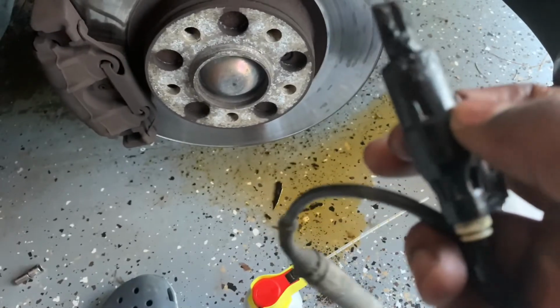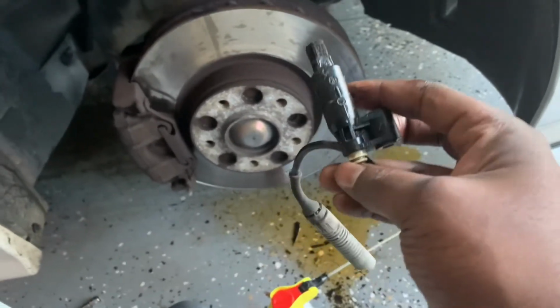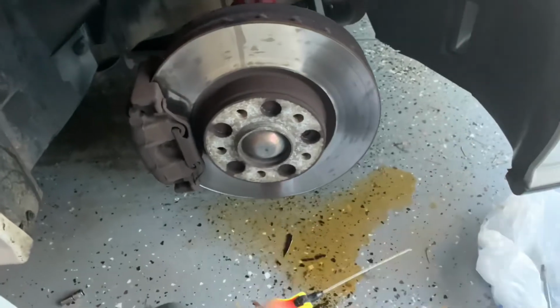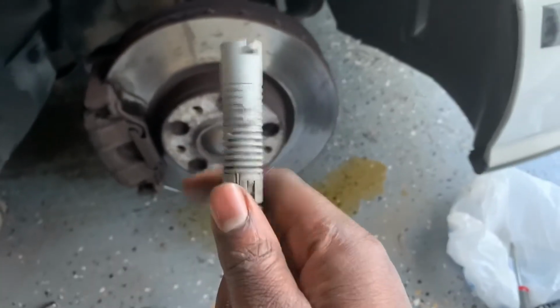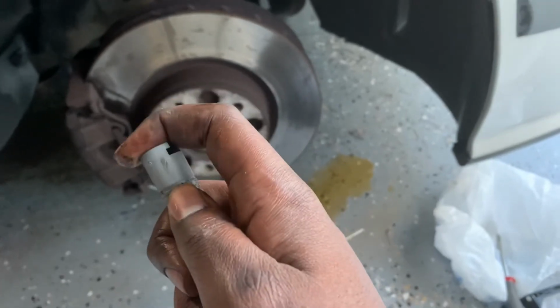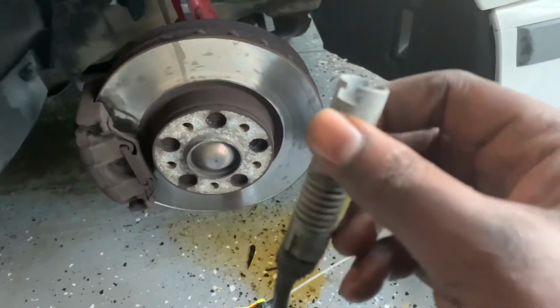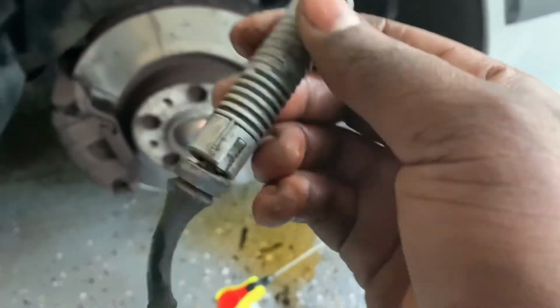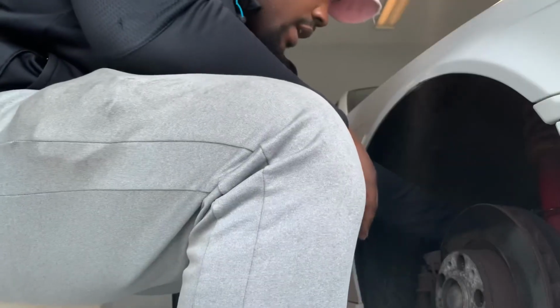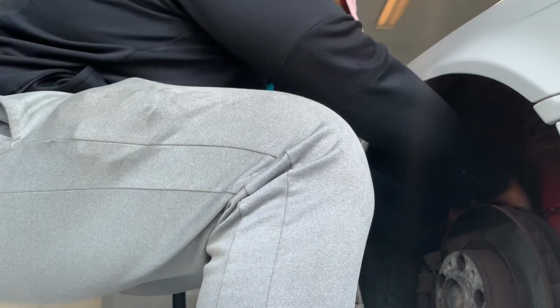So I'm gonna go ahead and try to clean up behind the rotor because there's probably a lot of PB Blaster and stuff back there. And then I'm gonna insert the new one. To get this off, I just grabbed this end, and there's another end that goes into it, and just pulled them apart, straight out, and it seemed to be the right thing to do. So we'll see. Once you get the old one out, you just replace it, same steps but in reverse,